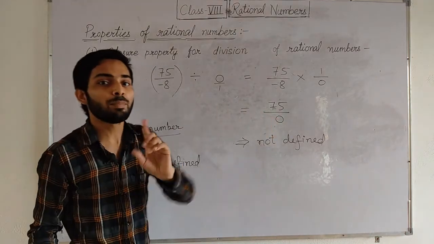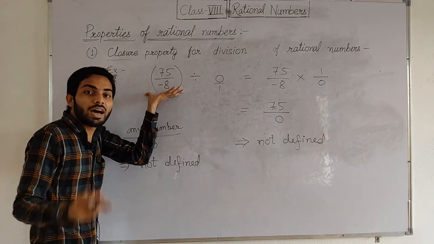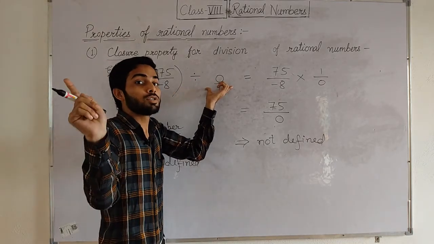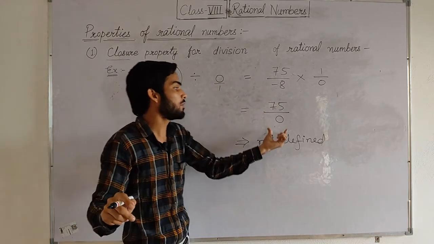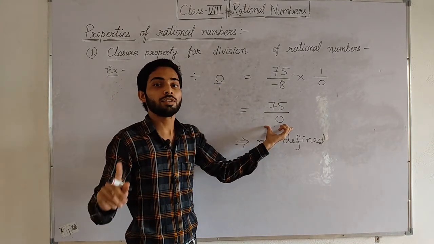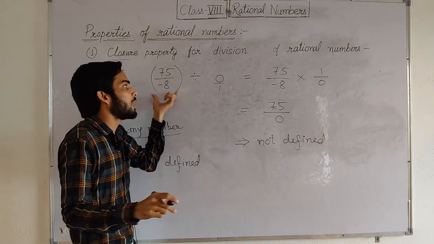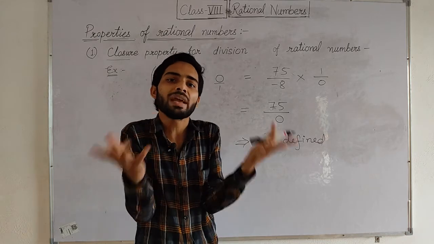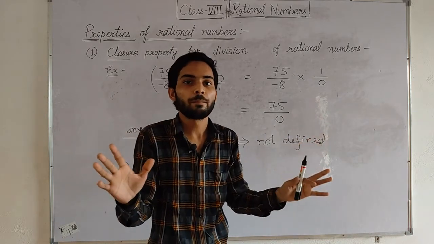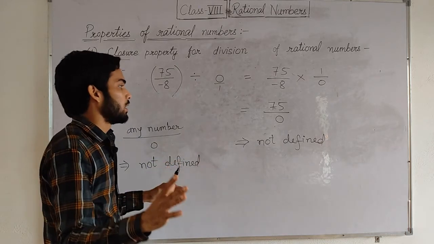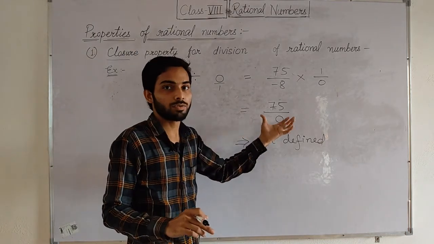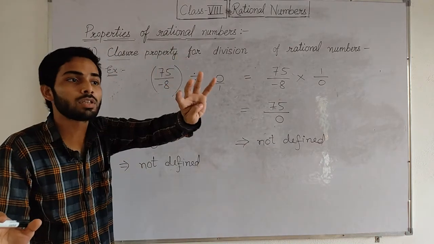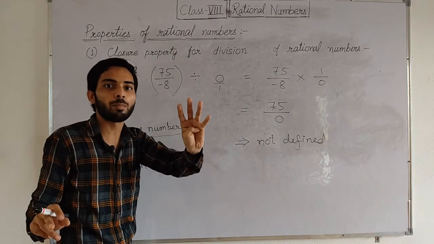So in this example you saw that when we divide a rational number by any other rational number, it is not necessary that a rational number will come in the answer. On dividing a rational number by any other rational number, you will not always get a rational number. You may get a rational number or you may not. Okay. So my dear students, this is the example which we studied here, and these are the 4 basic operations upon which we applied the closure property.